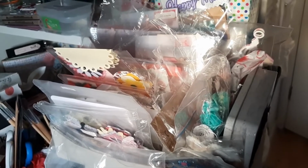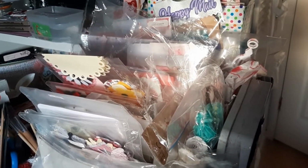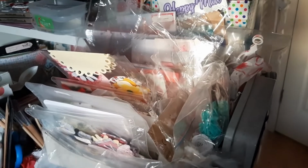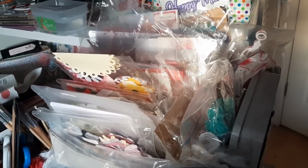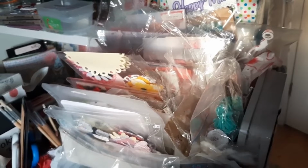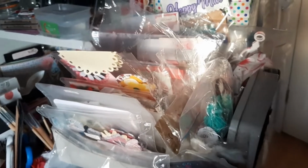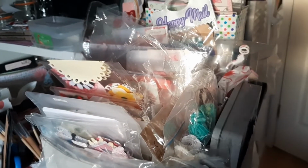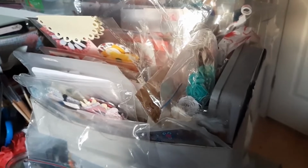I know Coastal Crafts, Ruth, gave me a whole load of carousel and funfair stuff, but that's all I could remember that she'd gifted me. I knew Life with Christine had given me some beautiful ribbons, but I couldn't remember what else she'd given me. I knew Pip had given me unicorn stickers and some other stuff, but like everything else, I couldn't remember anything